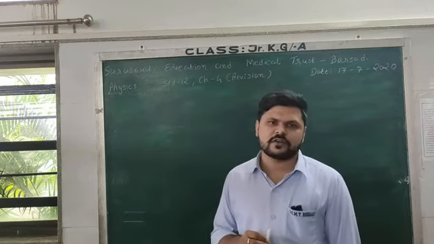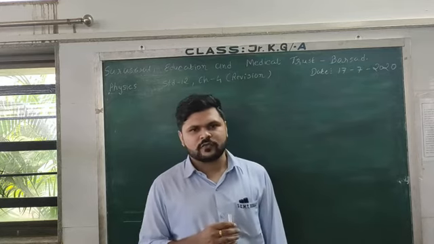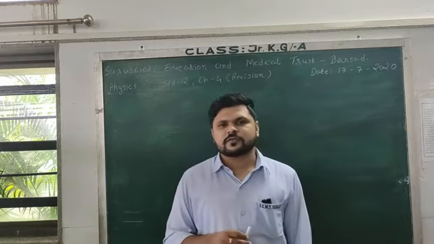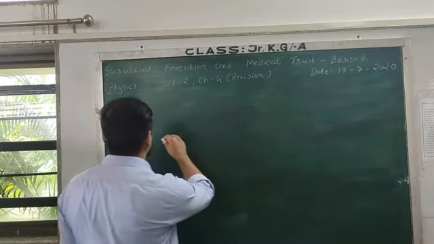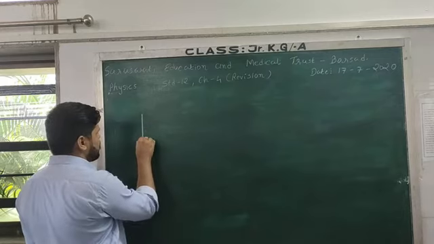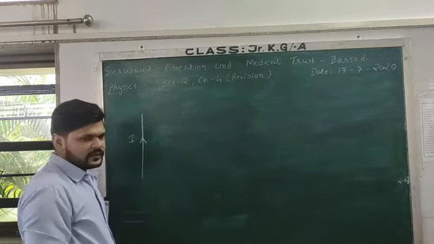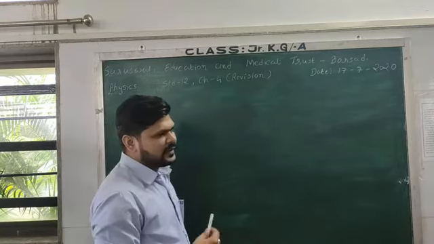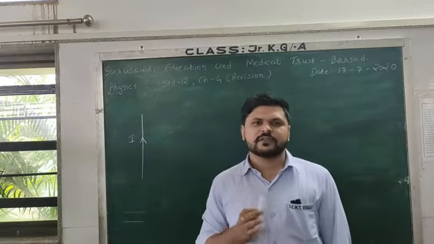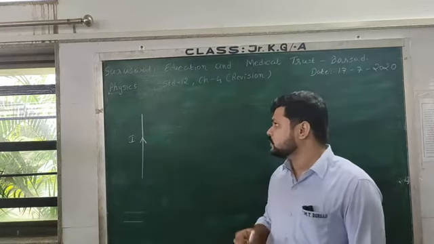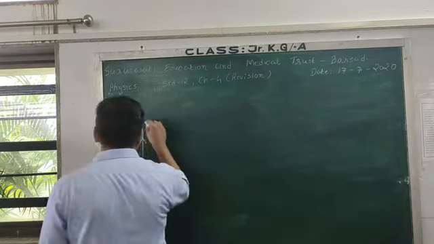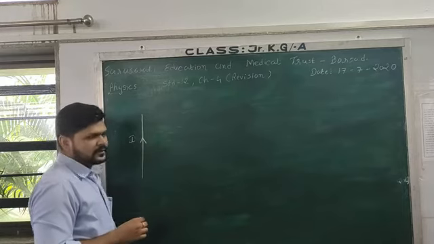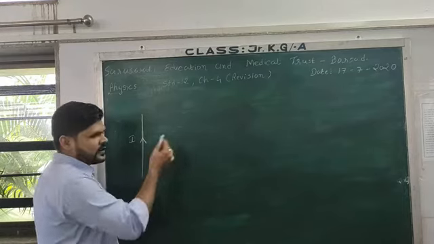So the first thing of chapter number 4 is magnetic field. What is magnetic field? What is the unit of magnetic field? When current I is flowing through a wire, this wire generates a magnetic effect around it, and that we measure by the magnetic field. In the first chapter there was electric field; in this fourth chapter there is magnetic field. When current flows through the wire, the wire behaves as a magnet and generates magnetic field around it.